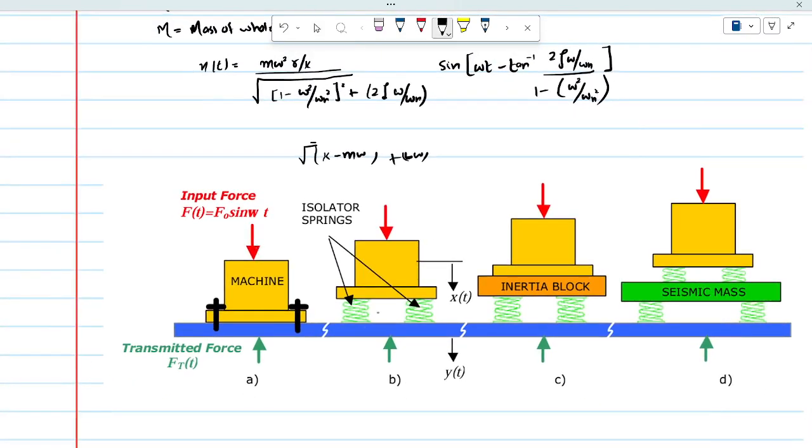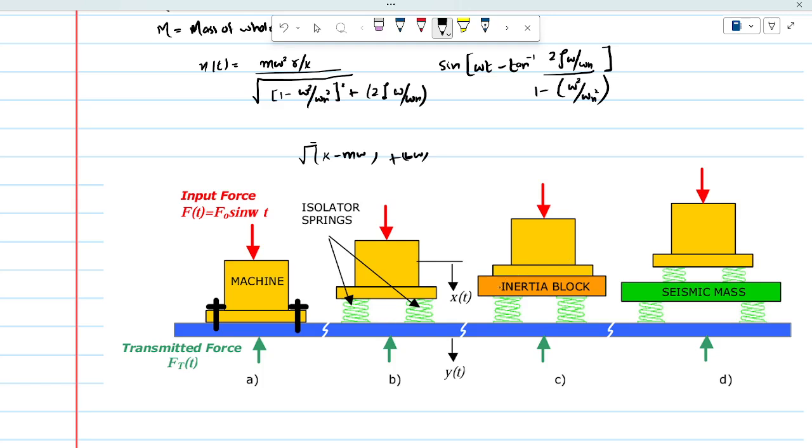So let's say we have a system which is placed on a floor and it has some input force F naught sine omega t. It may be for different reasons, maybe an unbalanced rotating mass, maybe some other reason. So we can isolate our source from the surrounding by adding an isolator spring,